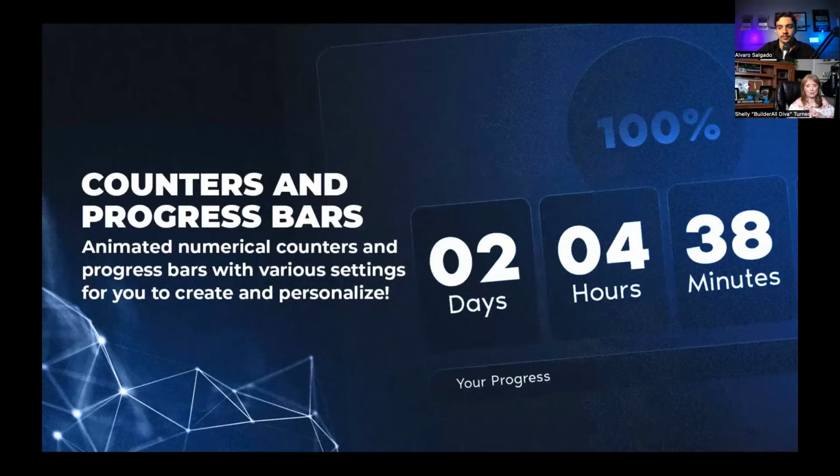Counters and progress bars. So we can put a counter on there to count down to a specific day or date, or we can put a counter on there to just put a timer type thing where it counts down for like an hour or 20 minutes or whatever. You can also do progress bars. And I love progress bars because they keep the visitor informed on how far they've come in whatever process you put in place. And with the Cheetah Builder, we have a bar format, but we also have a circular format. So you can see how far they've come and how far they've got to go. These are awesome tools, again, to really create some finesse in your website. And any of these can be personalized and customized.